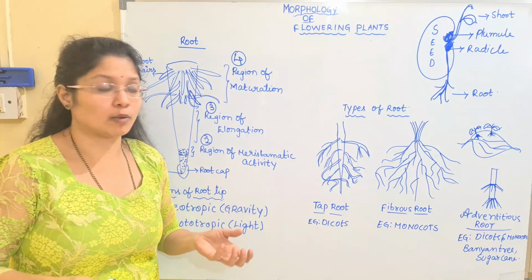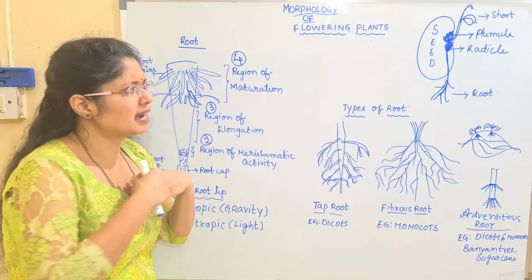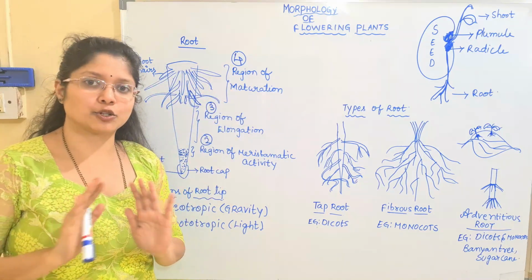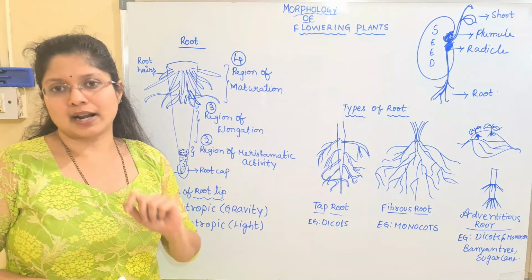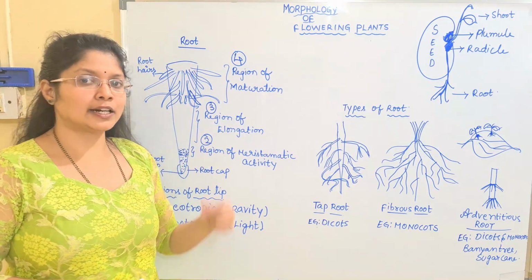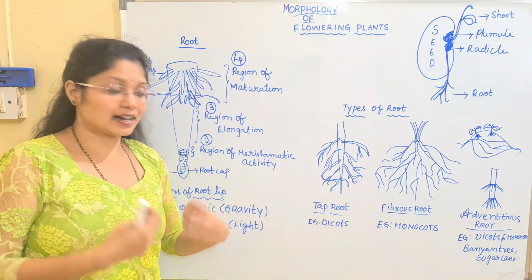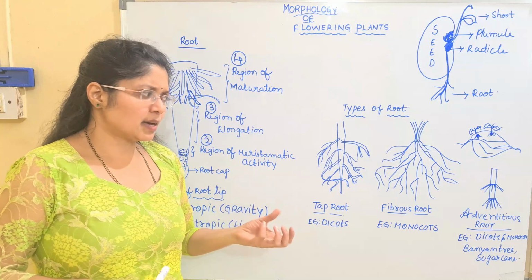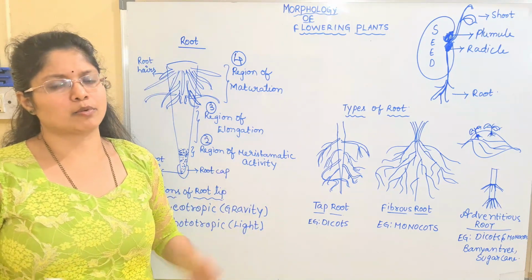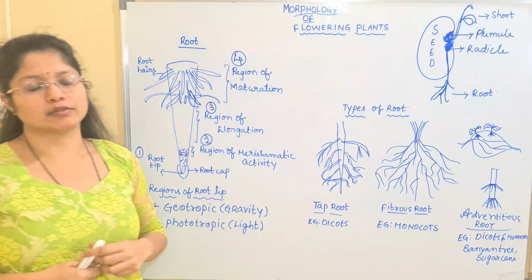It may be arising from a stem, it may be arising from a bud, or it may be arising from any other structure of the seed. It is said to be adventitious. But it should not be arising from a radical. If it is arising from radical, it could be a taproot or a fibrous root. They are categorized under these two categories. And another important thing, this type of root system is seen in all types of plants, dicots or monocots.